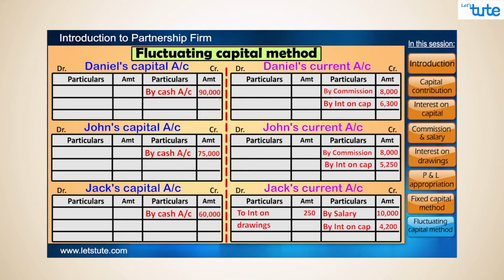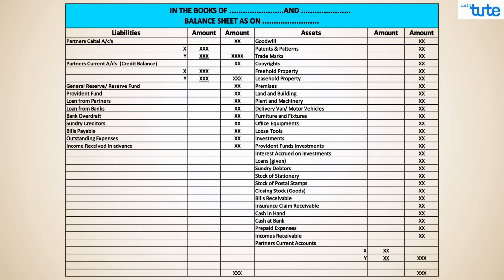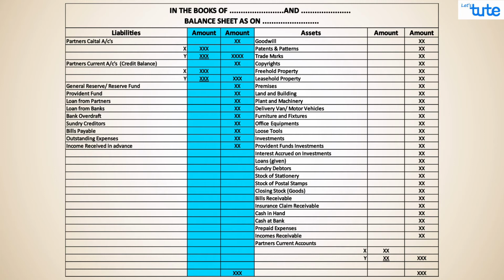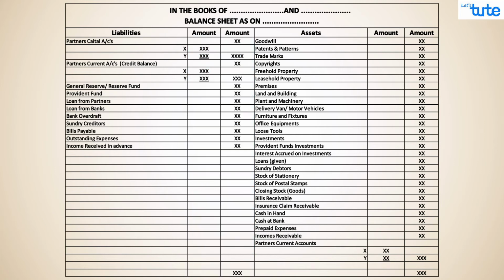Moving to the last part of the final accounts, the balance sheet is not an account but it is a statement showing the financial position of a firm as on a particular date, showing assets and liabilities of the firm on that given day. This is the pro forma of the balance sheet. The heading would be balance sheet as on the given date, generally the year-end date for which the final accounts are prepared. The format will be first column on the left hand side, liabilities, then two amount columns, same inner and outer, and then on the right hand side, assets column and again inner and outer amount columns.